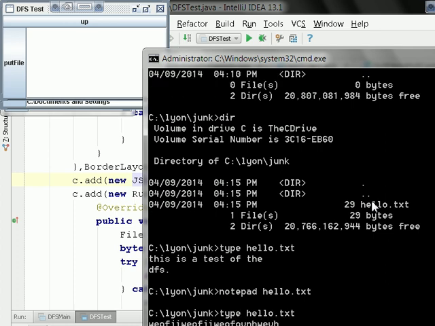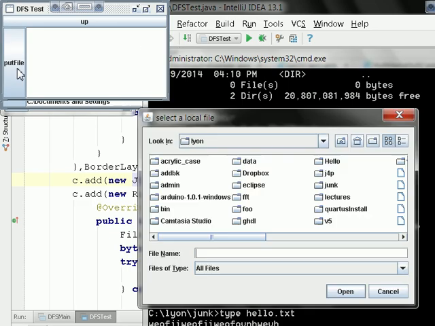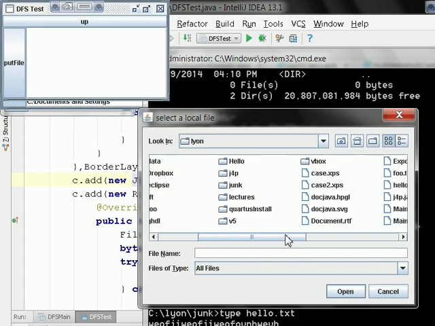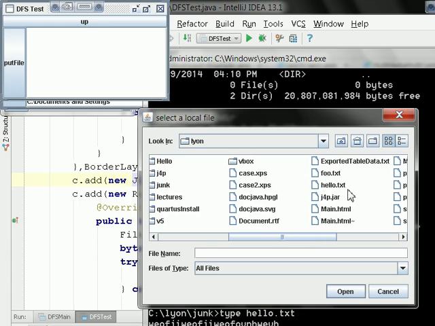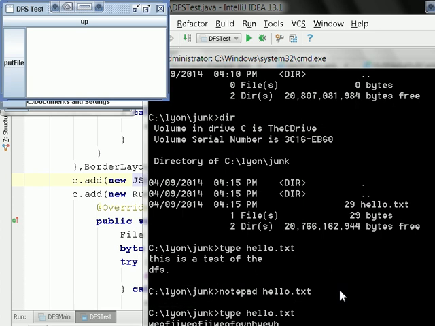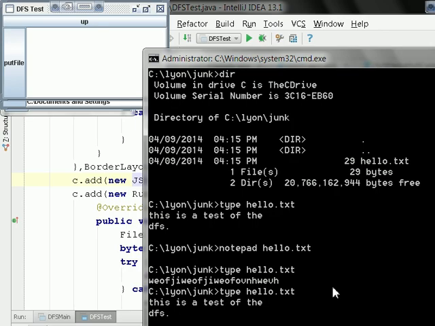hello.txt, and it says bleh. Now what we'll do is we'll put the file hello.txt on top of it. I do not think it will care. So now that that's written, if I do type hello.txt, it says this is a test of the DFS system. So it does, in fact, work,